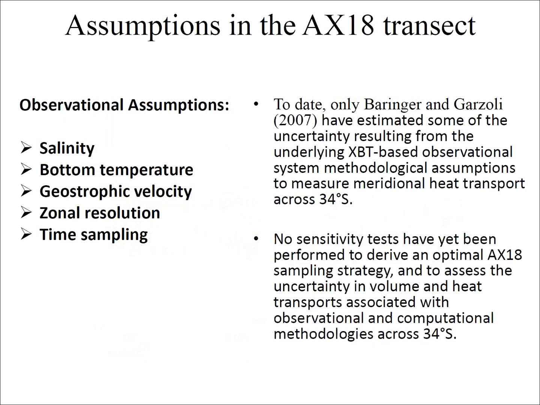So some of the assumptions we have to use to estimate these integrated transports across the section are, first, the salinity on the top of the surface and the bottom temperature below 800 meters, the geostrophic velocity, all the assumptions we have to make to estimate geostrophic velocity and reference level velocity, and also the operational aspects of these estimates, like the zonal sampling and the time sampling. So these are all aspects that haven't been studied